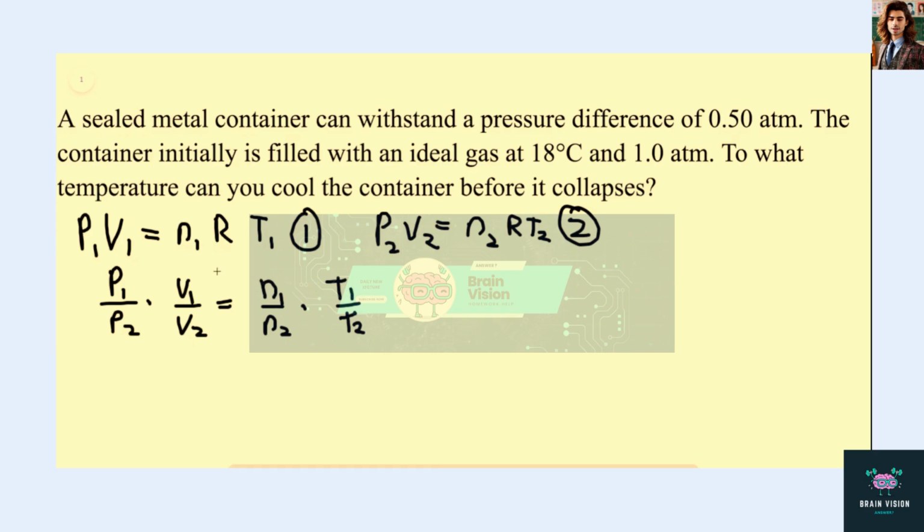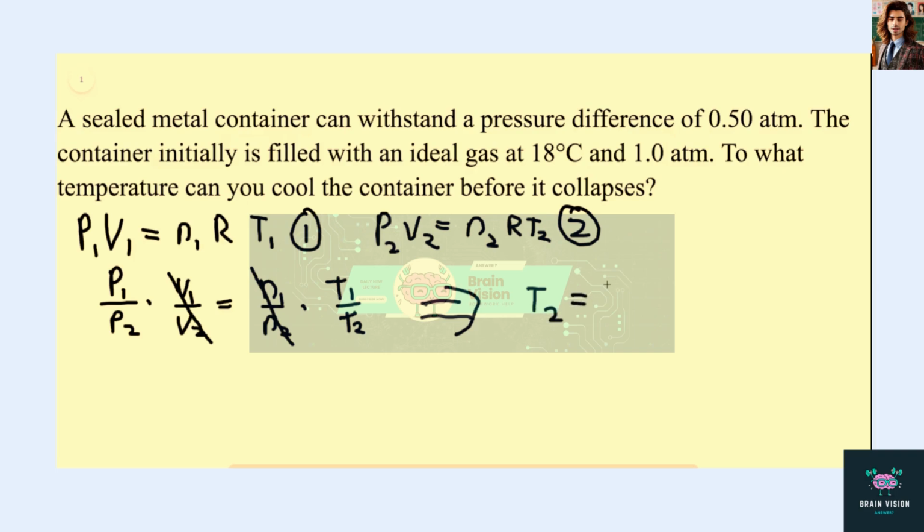In this circumstance, we have a sealed container. That means we can ignore the change of volume because it's assumed to stay the same. And because it's sealed, the number of moles also stays the same. So we have P1 over P2 is equal to T1 over T2. Our unknown is the second temperature, T2. Making that the subject of the equation, we have